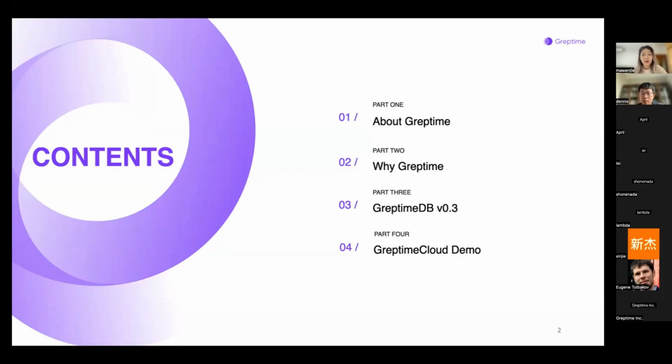And our co-founder, Jeremy, will walk you through some highlighted features and what to expect for version 0.4. And finally, our CTO, Ning, will show a quick demo of our latest released GreptimeCloud, which is a fully managed database as a service for Prometheus backend.